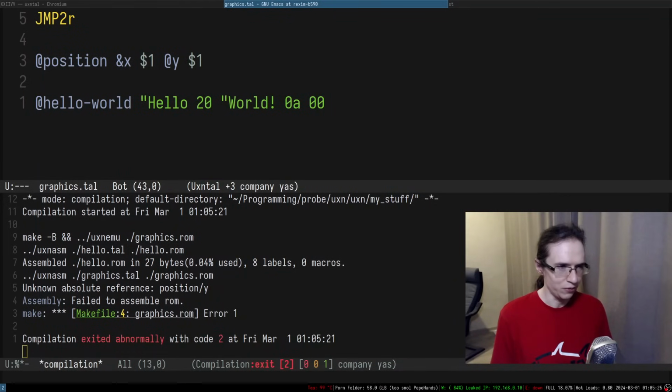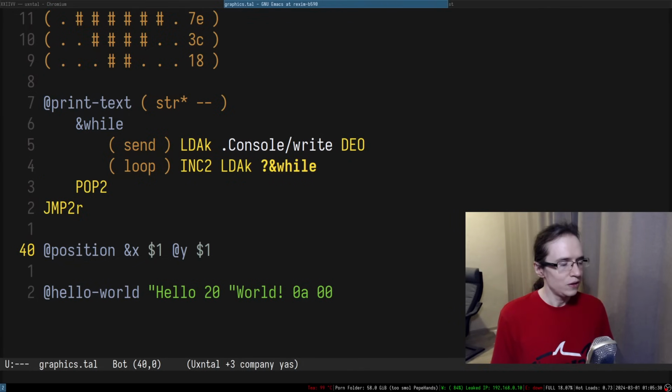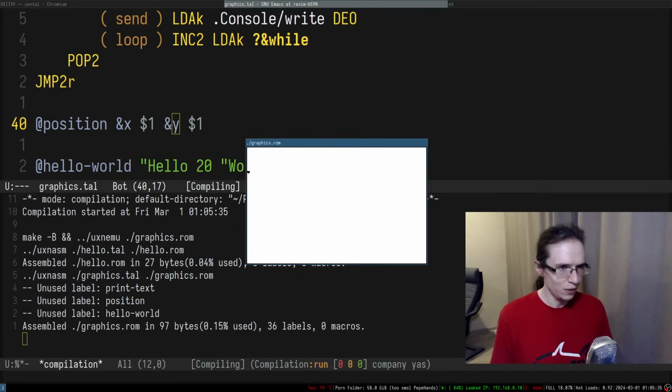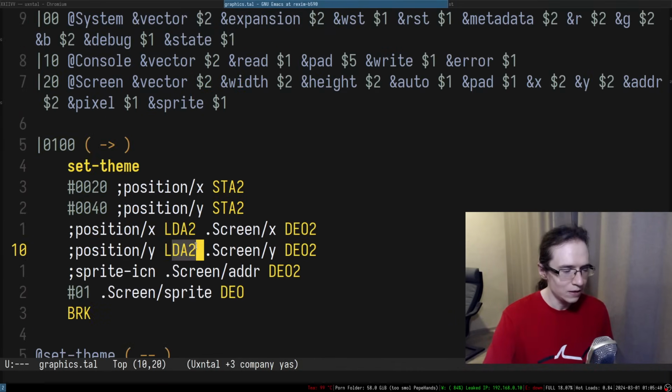Unknown absolute reference dot x. Position. So this is because this is one of the things I made. Okay, so that kind of worked, but in terms of y it did in fact work, but in terms of x it didn't.